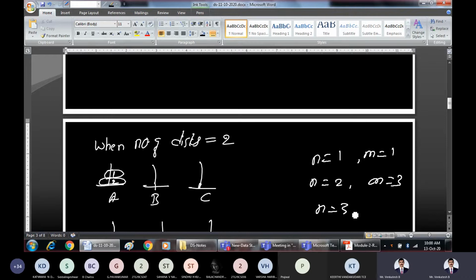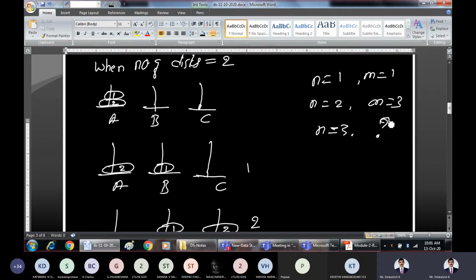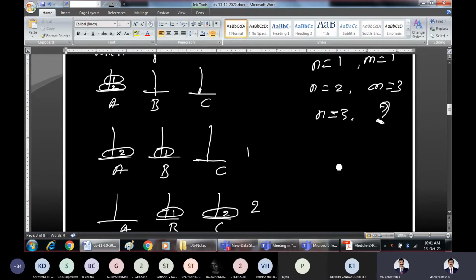So for n equal to 3, how many moves will we get? Can you solve it? Can you try to do manipulations on pen and paper? Can you find me the minimum number of moves? I hope you have pen and paper with you. Just write 3 disks on this and perform movements. Go on solving like how I did now, and get me the number of moves. You can get any number of moves, but what is the minimum possible with which you can move? Quick, I hope you can solve it in 2 minutes. Just think and get the number.